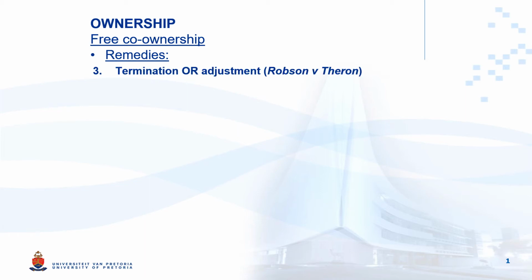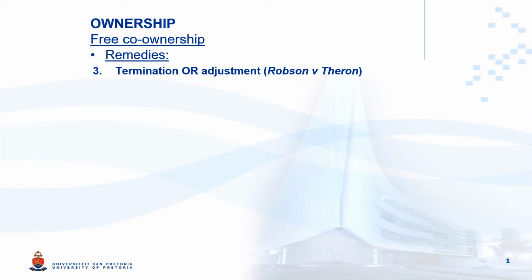Now, where co-owners of a free co-ownership relationship feel that they can no longer continue with their standing co-ownership relationship or agreement, they can terminate their co-ownership relationship or adjust the co-ownership relationship. In this regard, termination refers to the co-ownership relationship coming to an end, so dissolution of the co-ownership, while readjustment